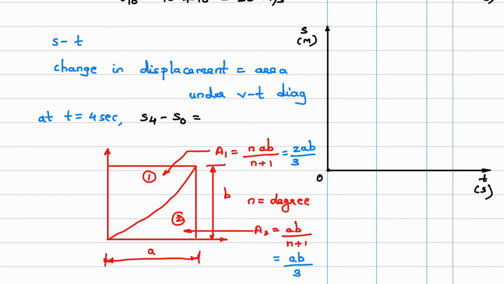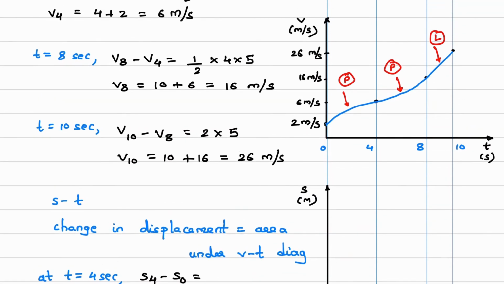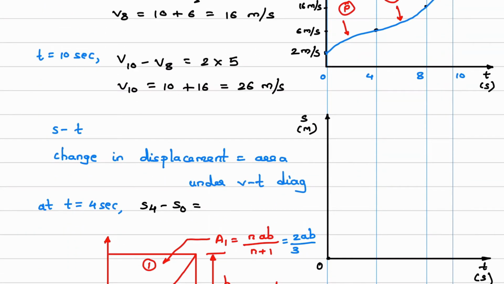So we'll write down the equation. Change in displacement, which is S4 minus S0, is equal to the area under the v-t diagram. Now the area under the v-t diagram, the total is this area. This area is divided into two parts: this is one area and this is one more area. One is a rectangle. So what will be the area of that rectangle? It will be 4 into 2, so 4 into 2 plus,